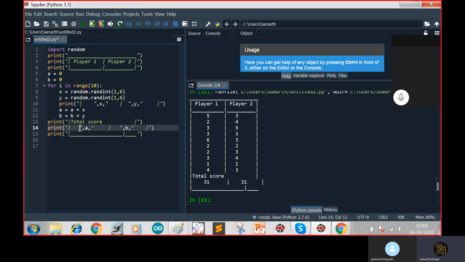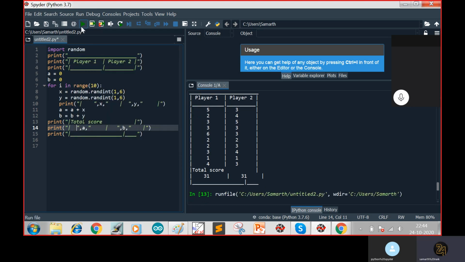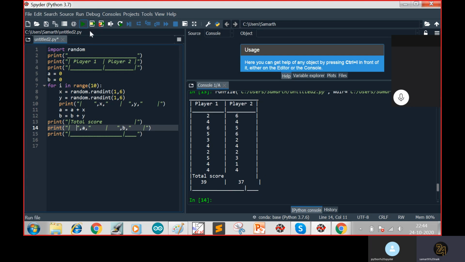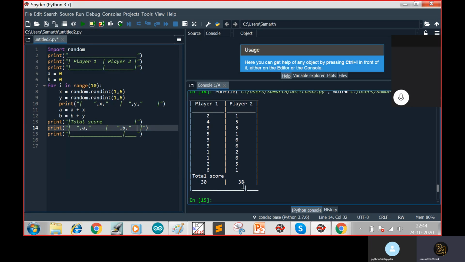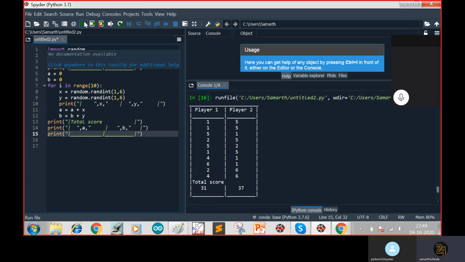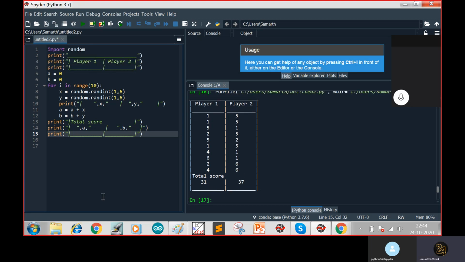One, two, three. How should it work? Yes. Oh, one this side. Now, hopefully there is no display issue. Okay. Now, okay, this is fine now.